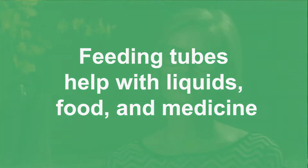So the feeding tube is on the right side of the stomach, or right side of the body, right below the rib cage. It sticks out about 6 inches, and some patients are a little fearful of that because it sticks out, but it's a temporary tube. Once the area is healed, then they can replace that with something called a button, which is flush with the